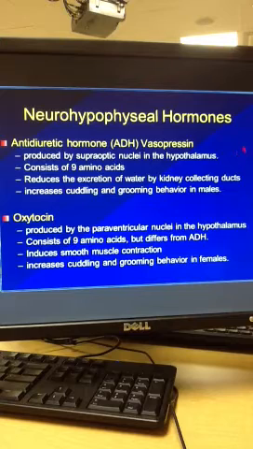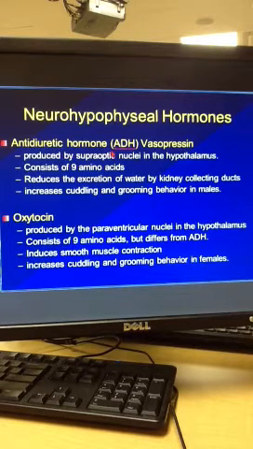The neurohypophyseal hormones then, or the posterior pituitary hormones, are antidiuretic hormone, ADH. What is a diuretic? Makes you go to the bathroom. Makes you urinate, doesn't it? So antidiuretic, it is going to inhibit the formation of urine. Antidiuretic hormone acts on collecting ducts of the kidneys to open up water pores, or they're called aquaporins, and it increases the reabsorption of water from the urine.